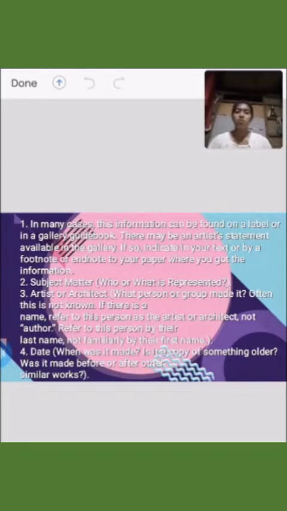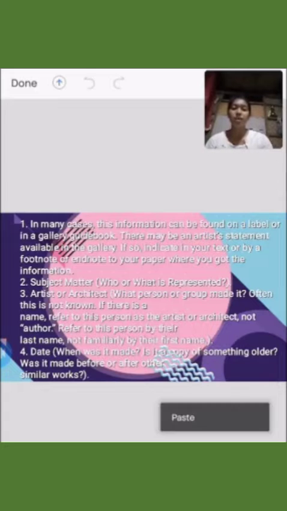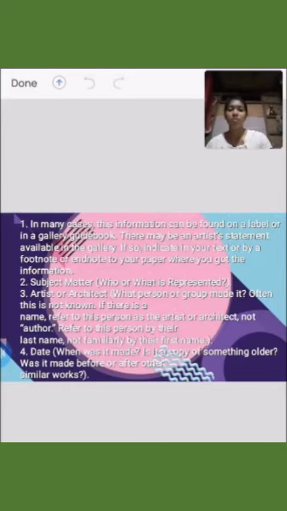So number 2, subject matter. Who or what is represented? So, ang subject matter is kung unsa ang imong represent or kinsa. So, number 3,